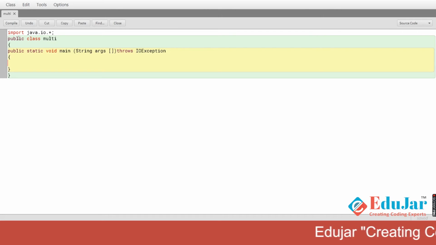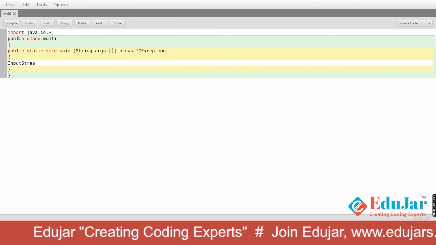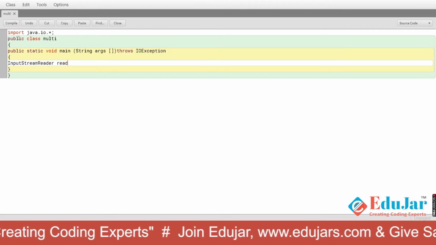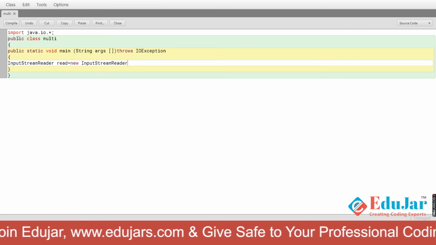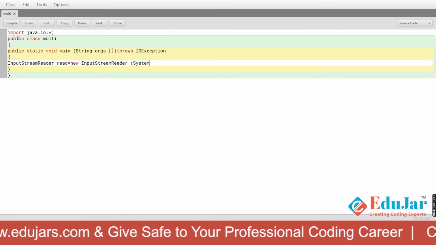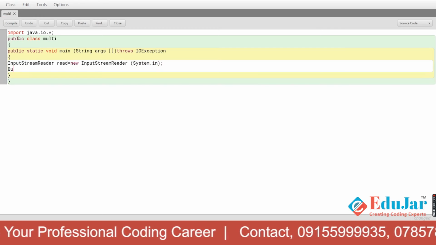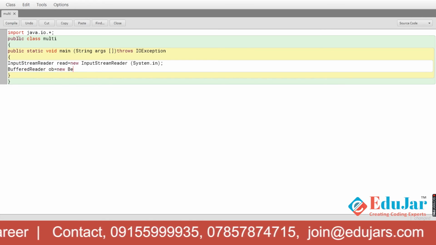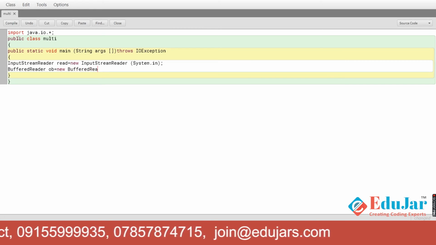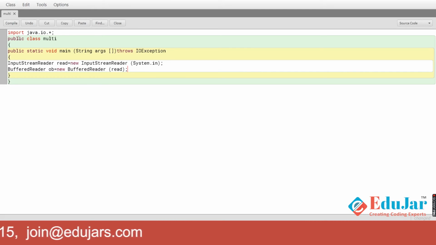As we want the user to enter the values, we have to store those two numbers and then calculate.